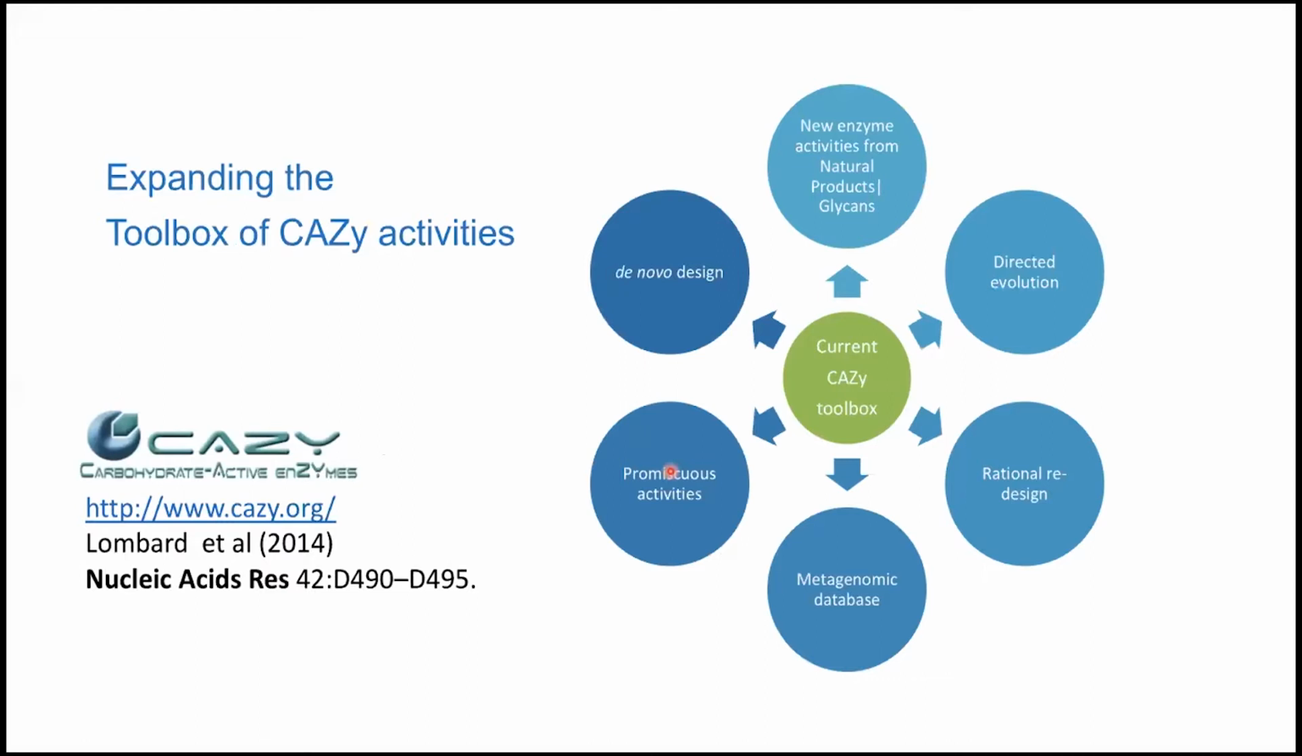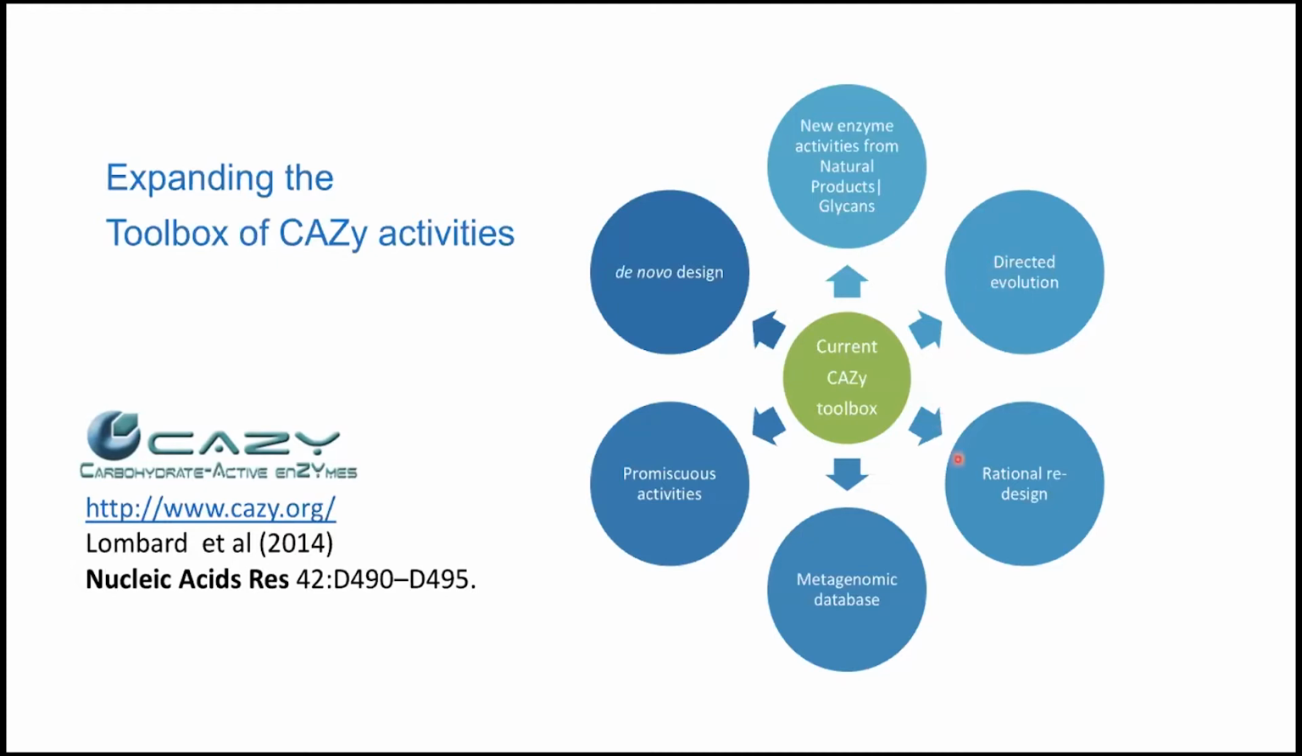So if you generally want to have more diverse enzyme activity in what we call the carbohydrate active enzyme toolbox, and I should refer to this fantastic database which we all use, the CAZy database, then we have a whole range of different techniques we can use. We can use new enzyme activities. If you've seen a natural product, a particular polysaccharide, we could go after the biosynthetic enzymes which need to assemble these. We can use directed evolution these days,